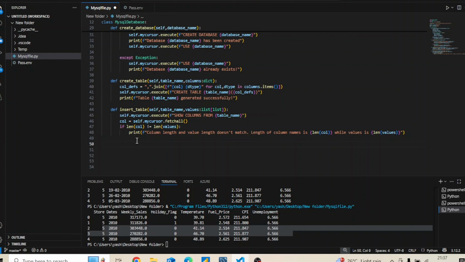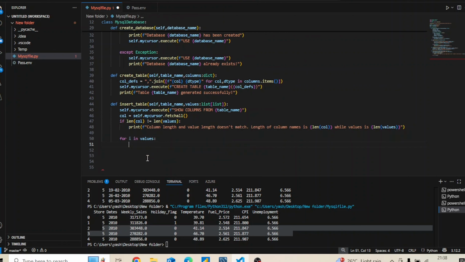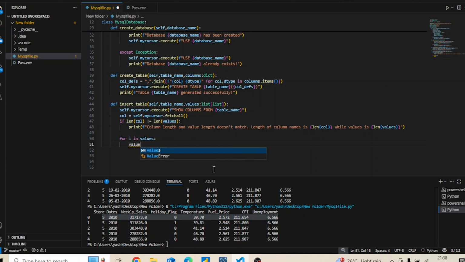It will inform us. And now after this, we will go ahead and, for every value, now this particular values is a list of lists, so I want to iterate on this list of lists, right? So I will say for i in values, where every i is my list, that means every i is a value, which is another list which contains all these values, right? And I will simply say value equals to, now I want to make sure that this value,